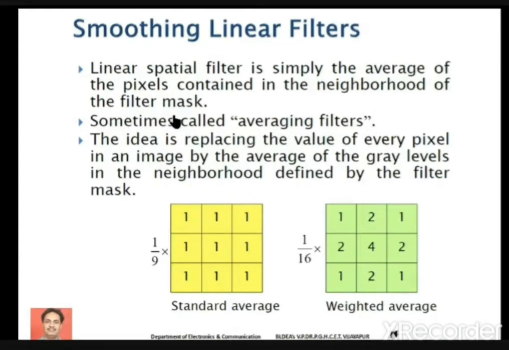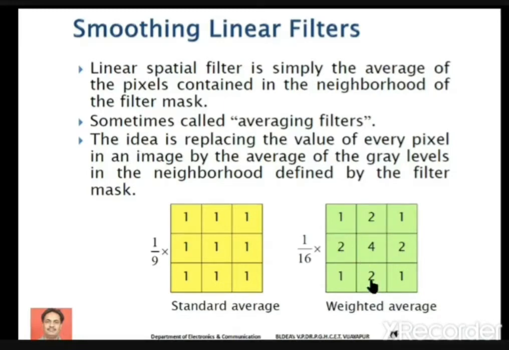One is called the averaging filter, also called the arithmetic mean filter, and the second is the weighted average filter.